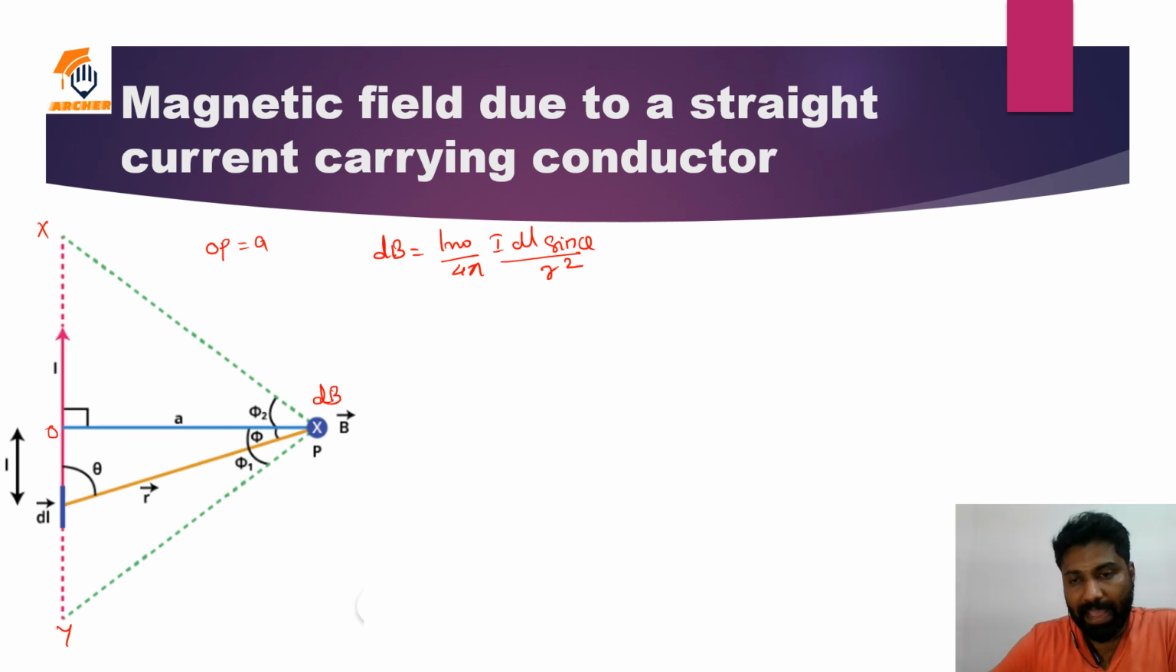Again, I am explaining the figure here. From this point to here, the midpoint, the length is L. Here we are taking the angles also. It is phi 2 if we are taking from the infinity to this point, and this is phi 1 from this point to this. We are considering a right angle triangle here, OPQ. So from the triangle OPQ,